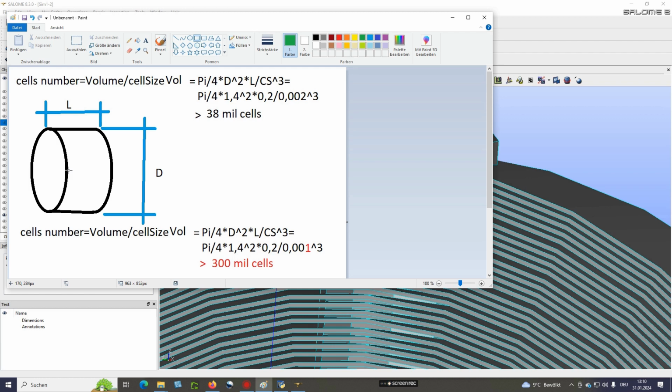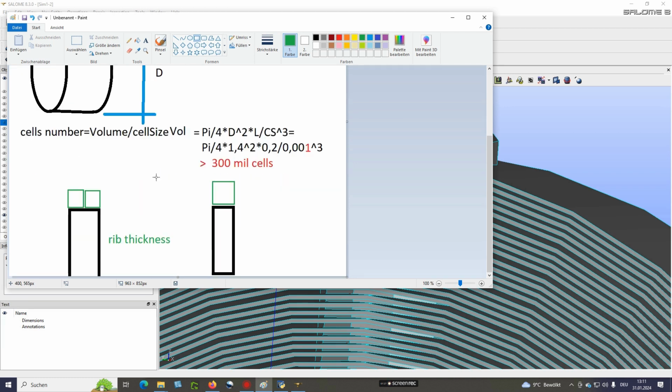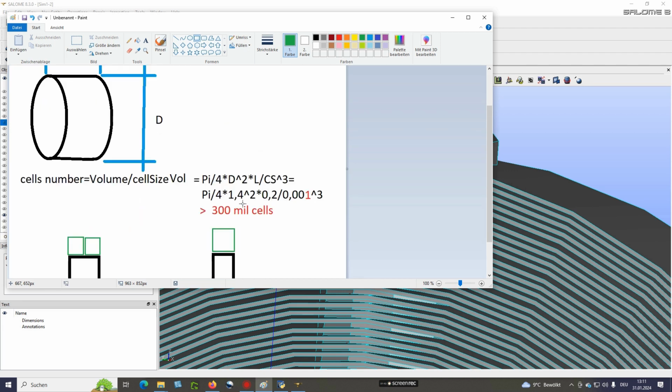For the original thickness of the rib, I would like to take only one cell in the thickness direction. The cell size will be 1 millimeter. For example, here below, the rib thickness is 1 millimeter, and we will take only the 1 millimeter cell size here. With this cell size, I get more than 300 million cells. In this case, the RAM memory and the CPU will be overloaded. Let me show you. It will be here